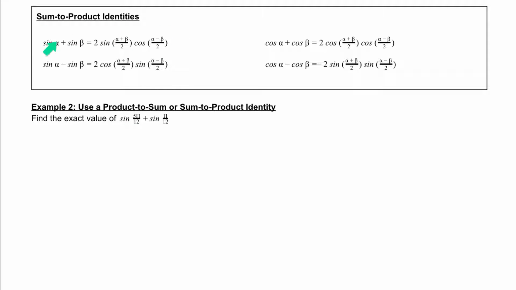So we are up here in our formulas. Sine of alpha plus sine of beta is 2 times the sine of alpha plus beta over 2 times the cosine of alpha minus beta over 2. So if we rewrite this, we get 2 times the sine of 5 pi over 12 plus pi over 12,